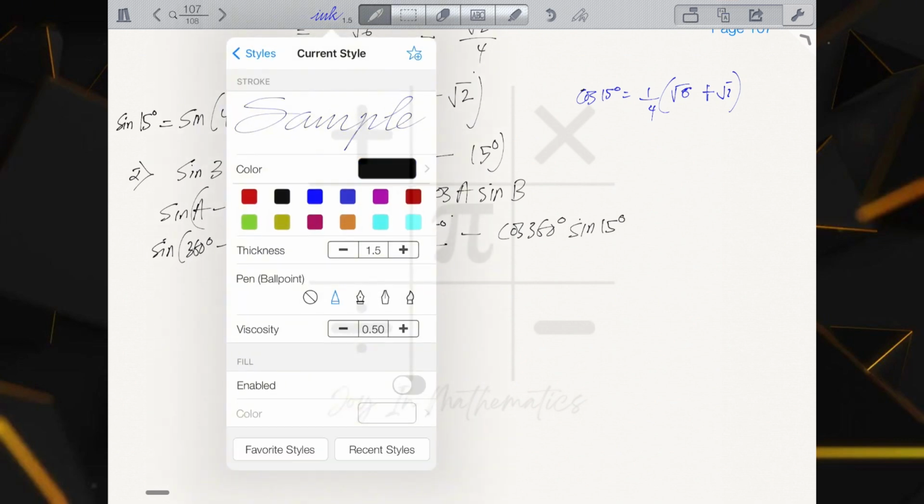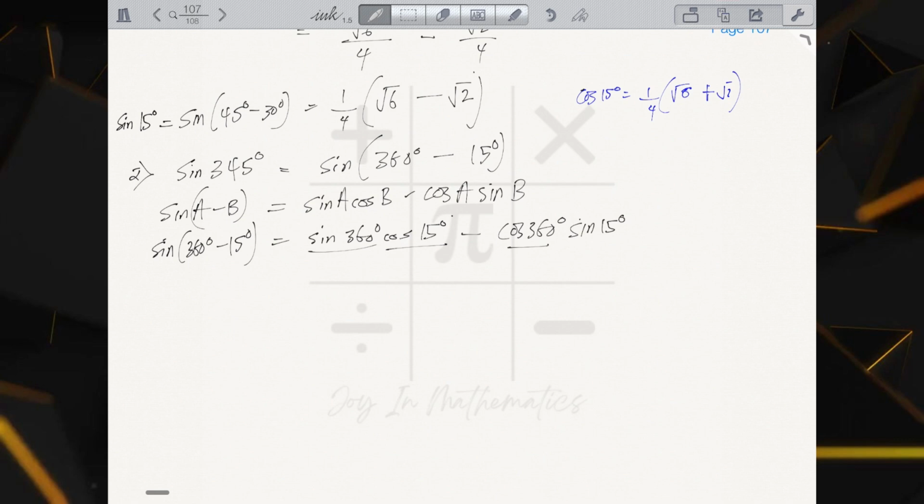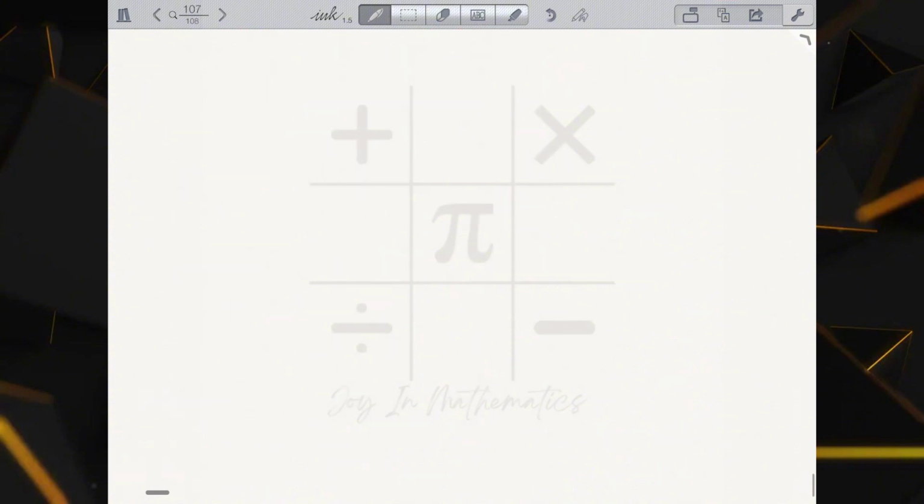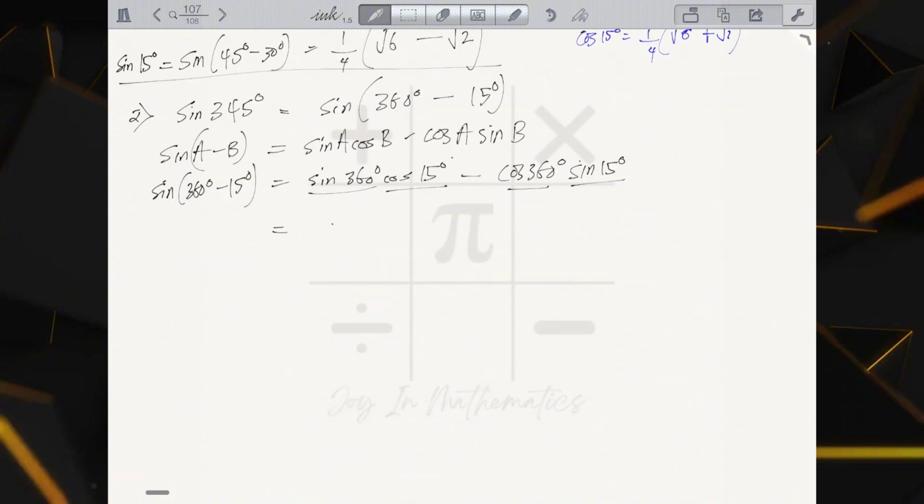Similarly, do we have cos 360 degrees? Yes, we have that on the table, as well as sine 15 degrees, which is this. So let's move on. Sine 360 degrees is equals to 0, cos 360 degrees is equals to 1. So making our substitution, we have sine 360 degrees 0 multiplied by cos 15, which is 1 over 4 into root 6 plus root 2,